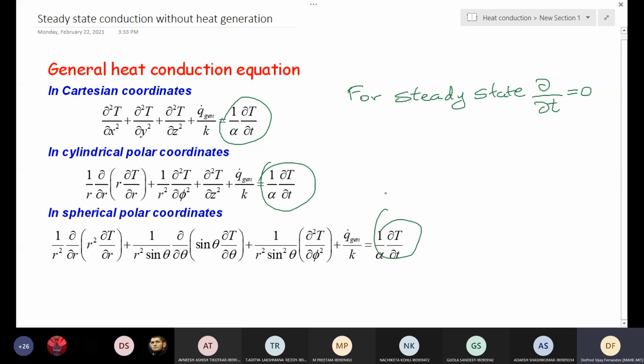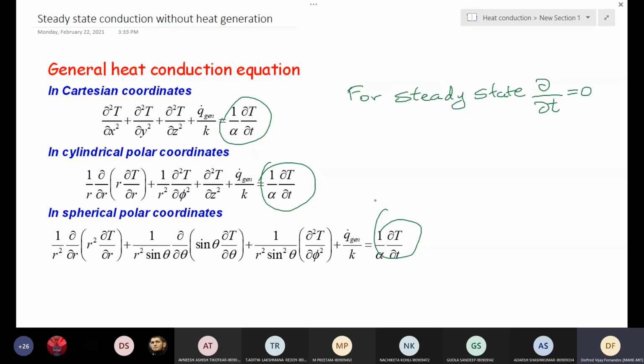Okay, so steady state is a practical assumption, not an arbitrary one or an idealization. In heat transfer problems, when we have a constant heat input rate and a constant heat removal rate, then most problems will be steady state conduction problems.